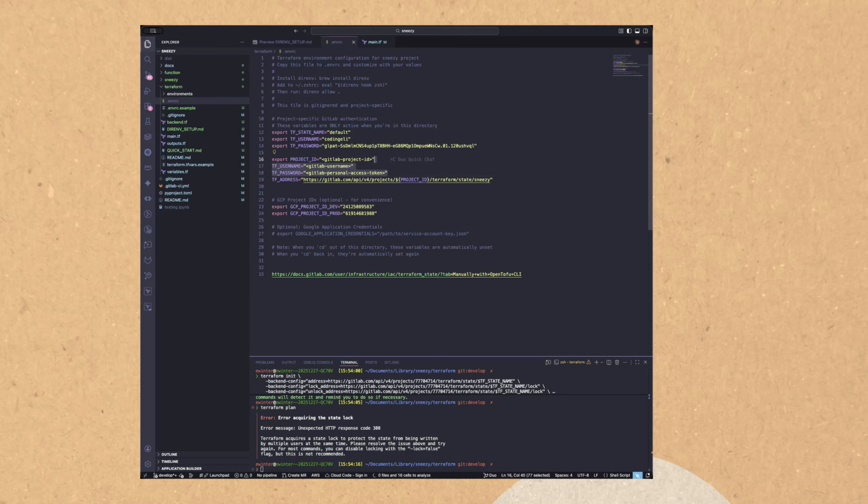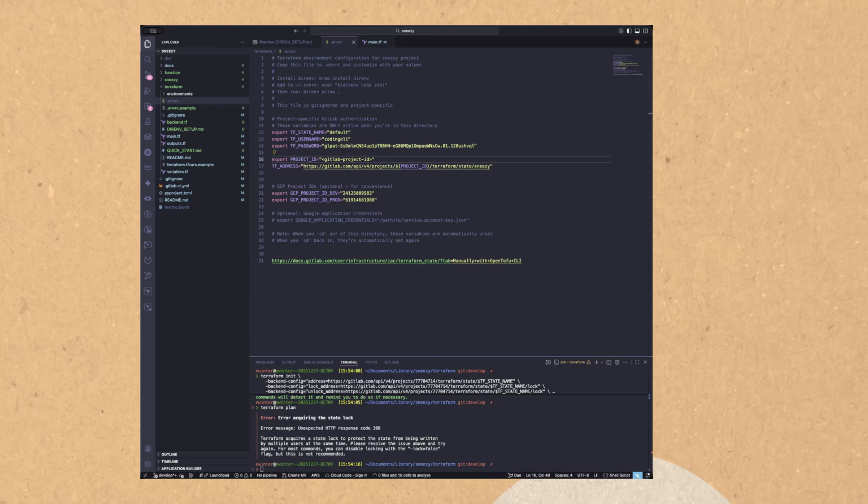Delete both of these. My project ID number, where is good old Sneezy? Sneezy's project copy ID number. Yay. Okay. So we're gonna delete that. Thank you. Okay. So now